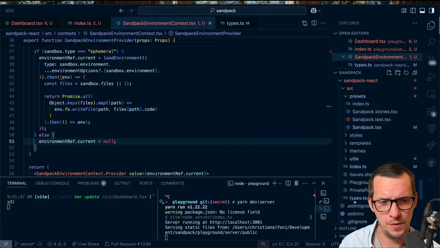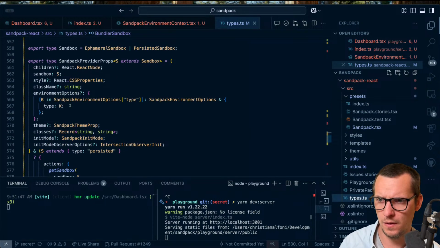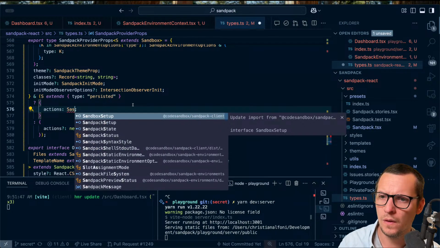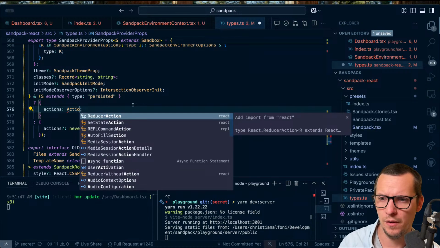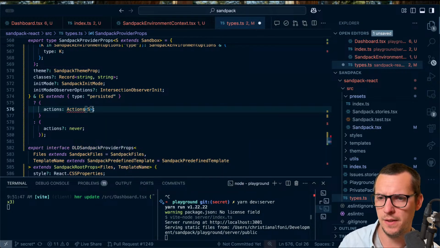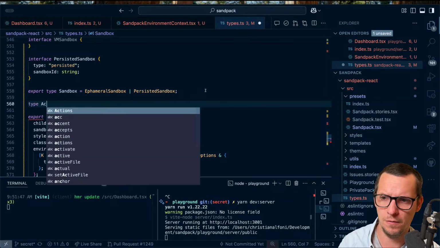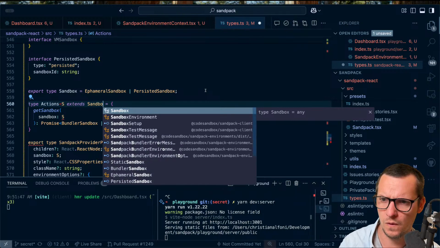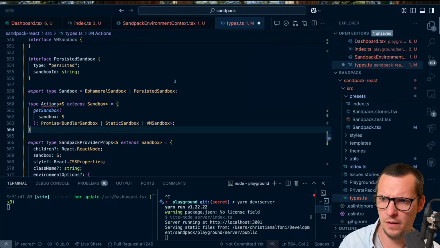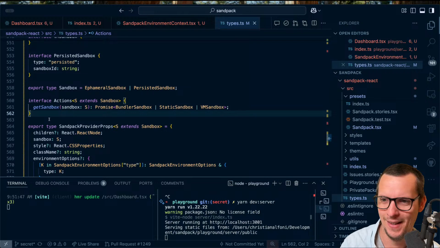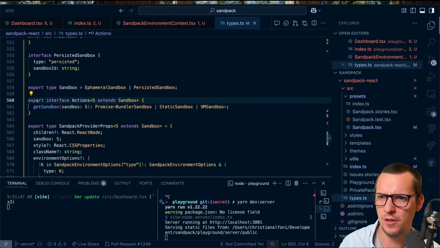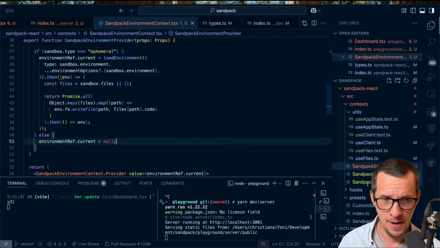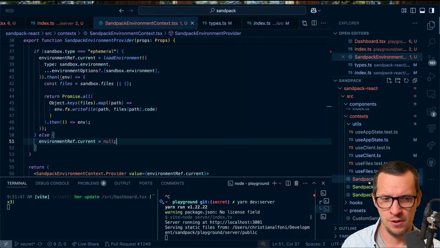Let's go back to our types. So we have some, let's just call them actions. And we need to pass in the S here. I'm just gonna shove it in here for now. And S extends sandbox. Cool. Interface. Okay, and then we're gonna export these actions. Oh yeah, we're just exporting all the types. Okay, so now we have those actions, so we can say